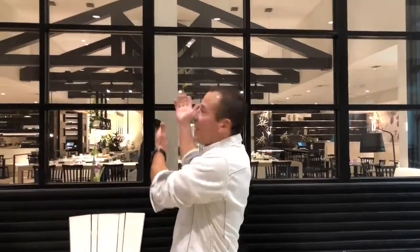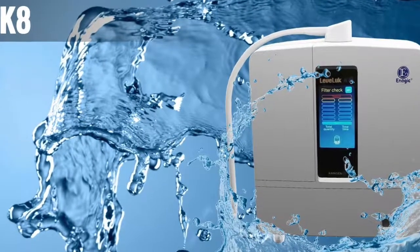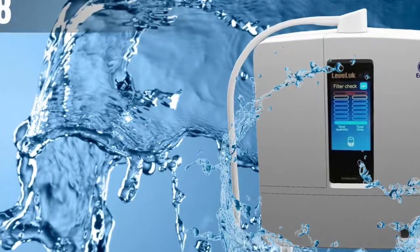Hey everybody, I am here at the beautiful Lake House Restaurant, which is situated in the brand new W Hotel in downtown Bellevue, Washington. Now what's really exciting about this restaurant is they've been using Kangen water technology now for well over a year. And we're gonna go inside and check this place out, and we're gonna sit down and